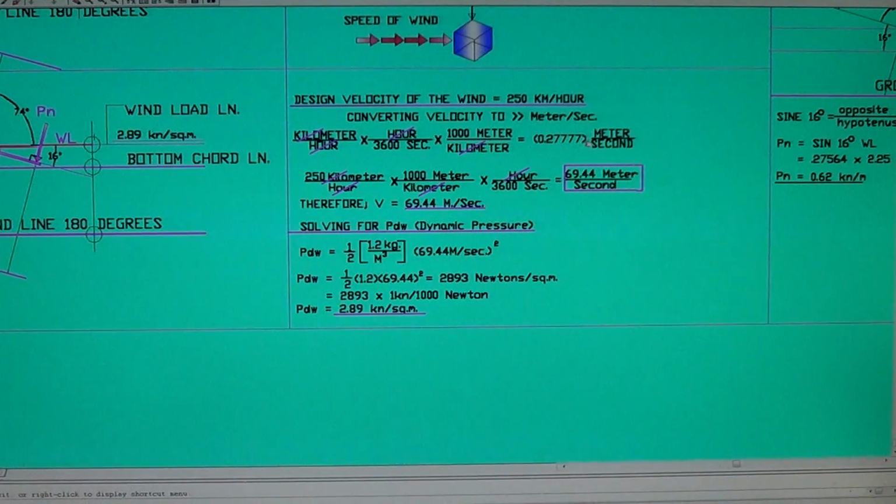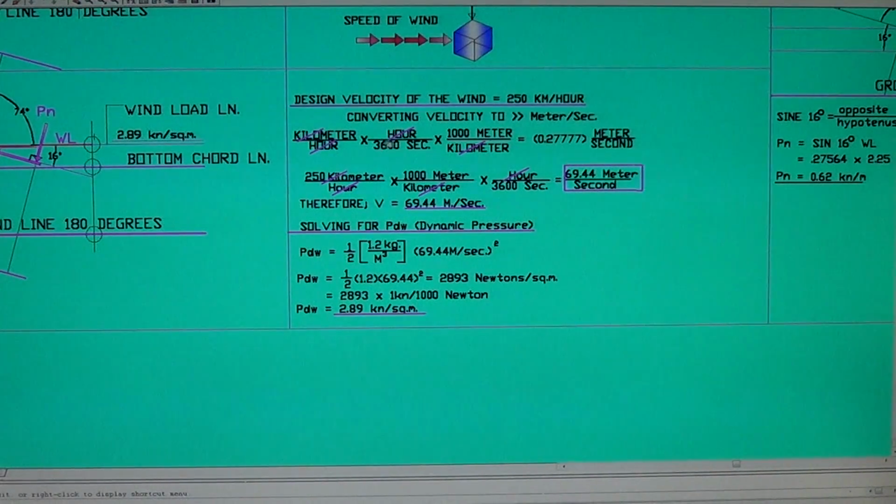This is the factor. You can use a shortcut method: you multiply the kilometers per hour by this factor, and the result is meters per second. But in detail, it is like this: